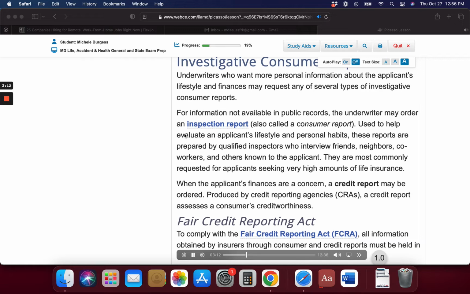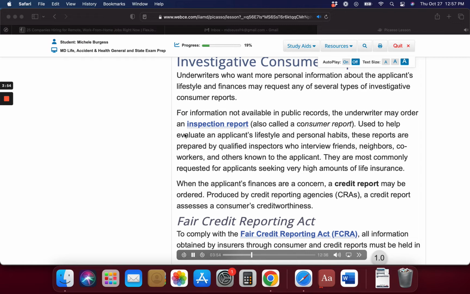When the applicant's finances are a concern, a credit report may be ordered. Produced by credit reporting agencies, CRAs, a credit report assesses a consumer's creditworthiness. Fair Credit Reporting Act. To comply with the Fair Credit Reporting Act, FCRA, all information obtained by insurers through consumer and credit reports must be held in strict confidence. The FCRA has procedures that credit reporting agencies, CRAs, must follow to ensure confidentiality, accuracy of reporting, and proper use of the information. Businesses, including insurers, that seek a credit report must